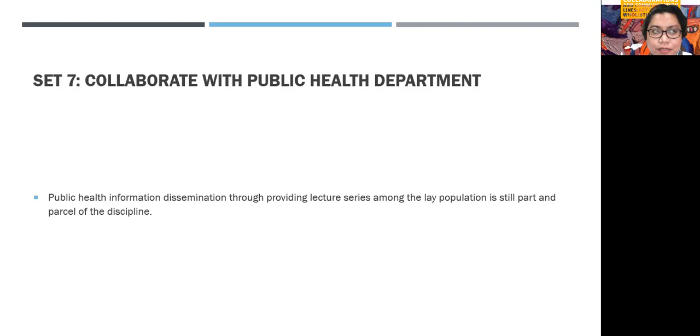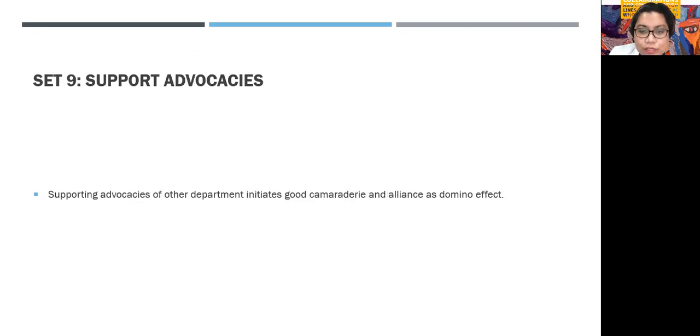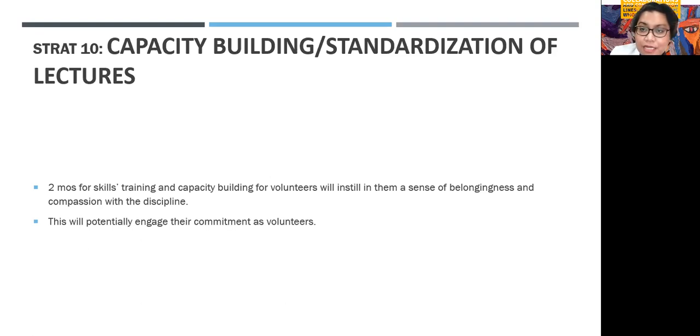And strategy 7 rather, collaborate with the public health department, since public health information dissemination through providing lecture series among the lay population is still part and parcel of the discipline. Strategy 8, set collaboration and alliance with other departments. Of course, we should attend multidisciplinary meetings proactively. Then maximize the time allotted for your department to expound on your perceptions on the case, support advocacies, capacity building in standardization of lectures,